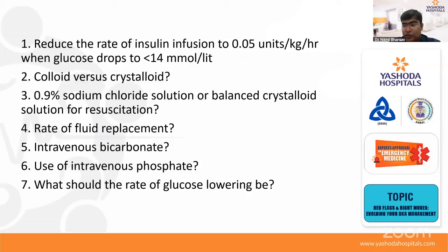Give me a minute. So how much do we reduce this thing? Colloid versus